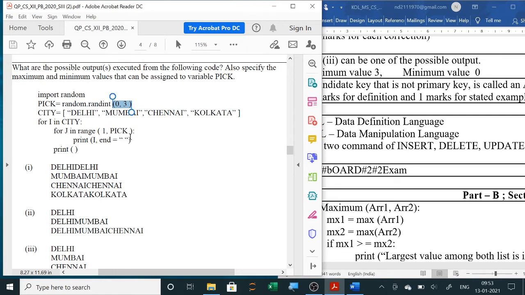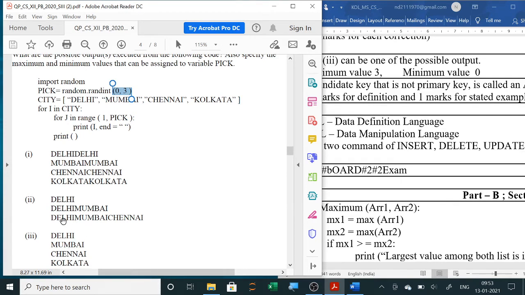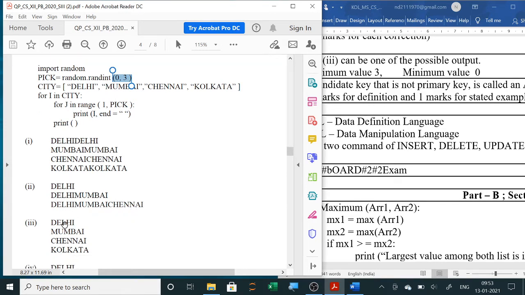So either it can print once or it can print twice, and in the first line Delhi, second line Mumbai, then third Chennai and fourth Kolkata. Here you can see Delhi, Mumbai, Chennai, Kolkata, 2 times it has printed. So this can be correct. Second one is a combination: Delhi, Mumbai, Chennai, not possible. Third one, once it can print here.